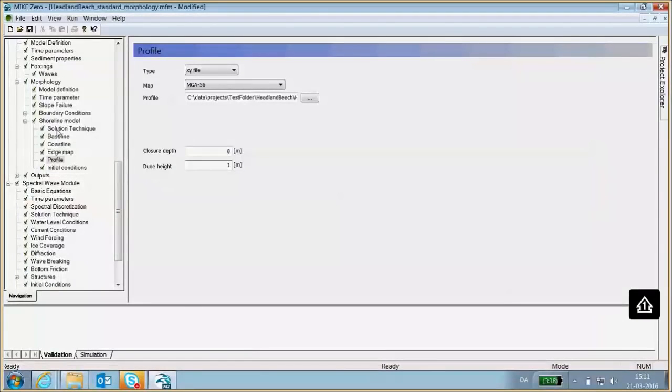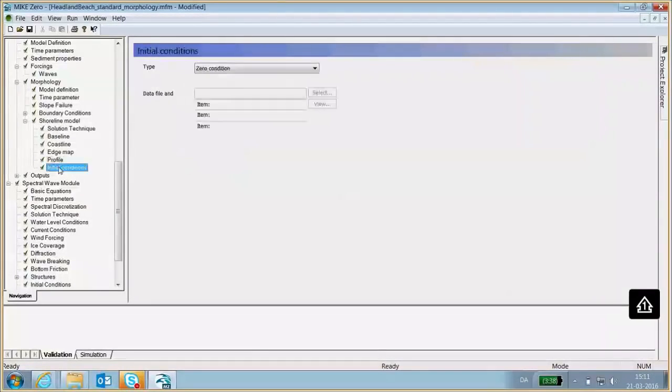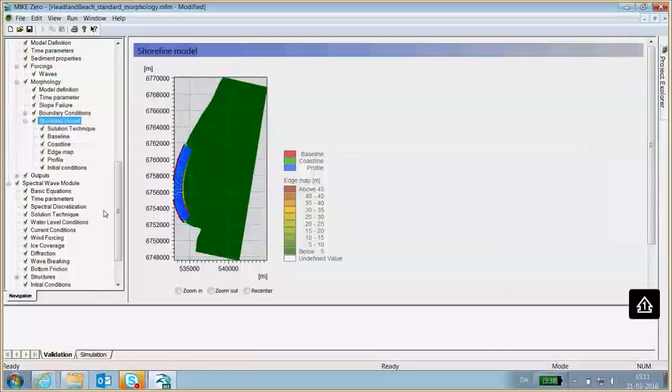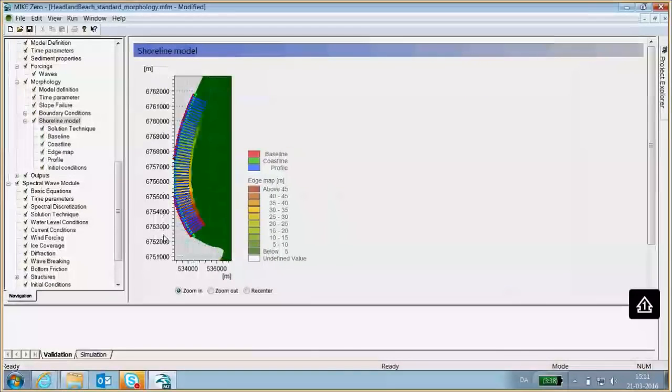So there's one thing, and then after we've supplied all these inputs, it's a good idea to just go back to the shoreline model, because we actually get this nice overview here of our inputs. And this is also a good place to check that these profiles are not crossing each other inside the domain.